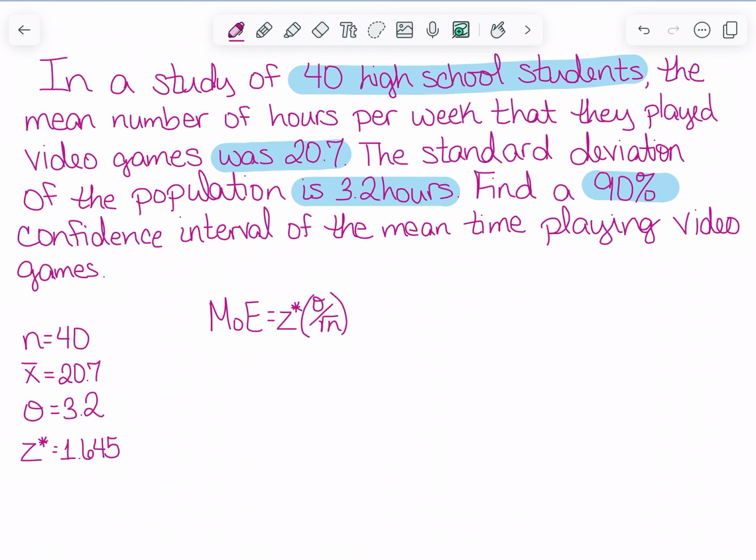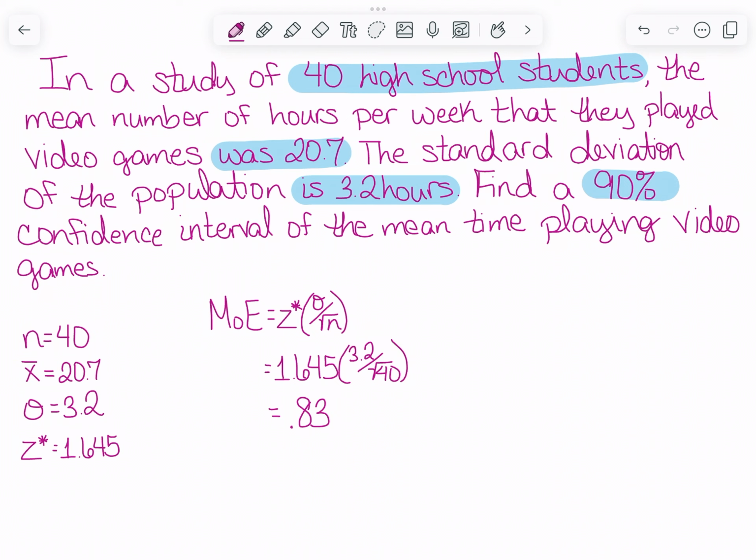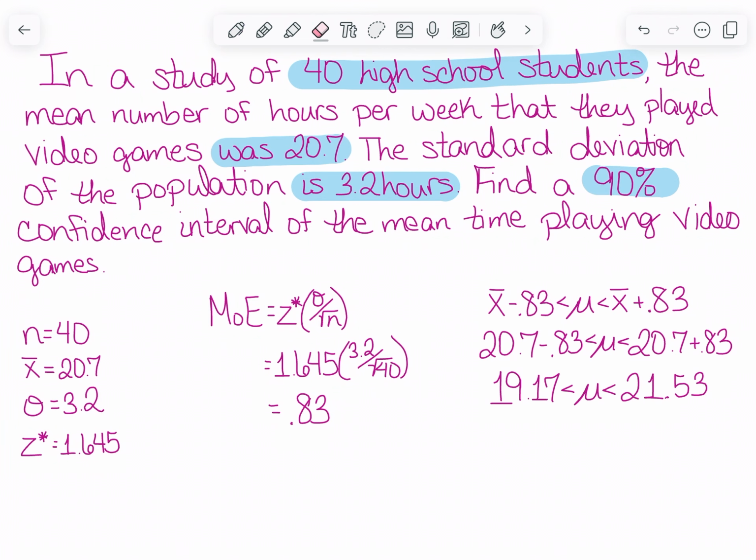The first thing I'm going to look for is the value of my margin of error, which I'm going to denote as MOE. This was z star times sigma divided by the square root of n. Plugging in my values for z star, sigma, and n, and then calculating, I get that the margin of error is about 0.83. Then, to calculate my actual confidence interval, I'm going to do x bar minus 0.83 and x bar plus 0.83. Plugging in my value for x bar, and then simplifying, I get that the true mean is somewhere between 19.17